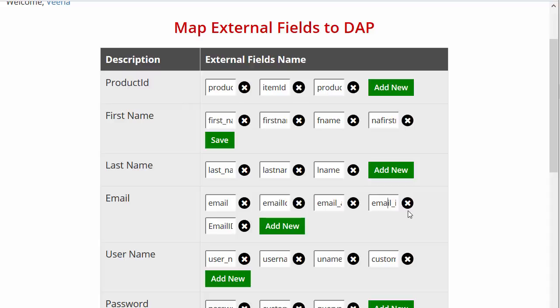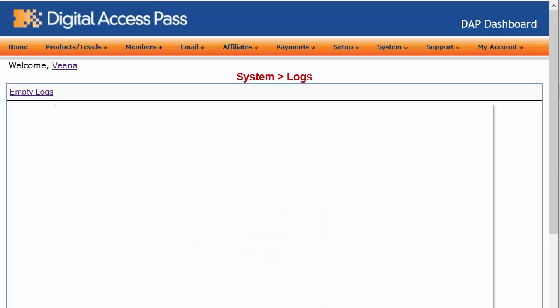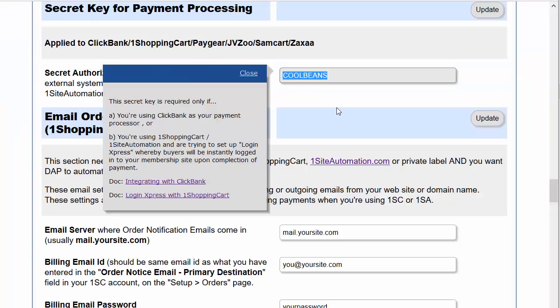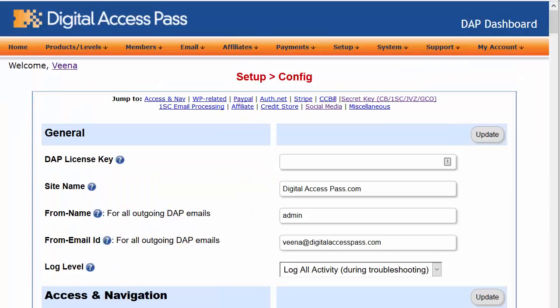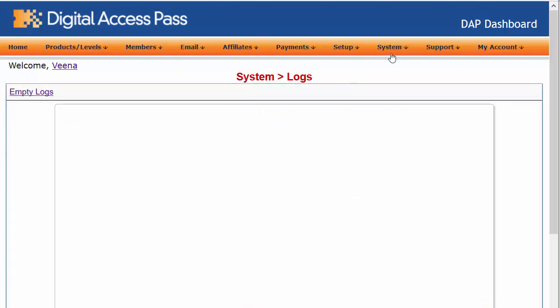So there are two ways in which you can figure out the field names that are being sent by your platform. One, you can find it in the DApp logs. So what you can do is visit the DApp admin dashboard and visit the setup config page, and you can set DApp log level to log all activity. This will allow DApp to log all the information that's coming in from Zapier. So then next, visit DApp